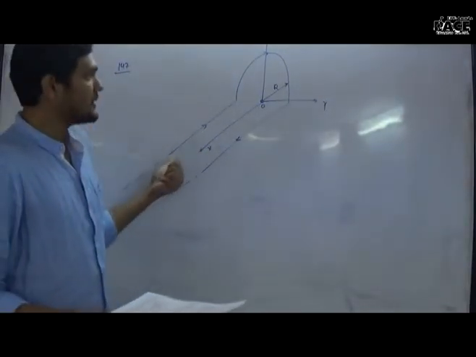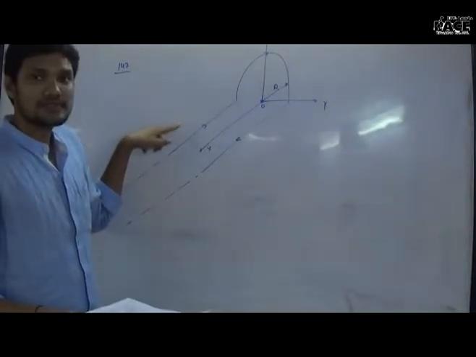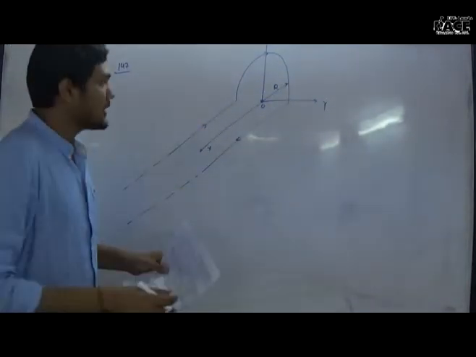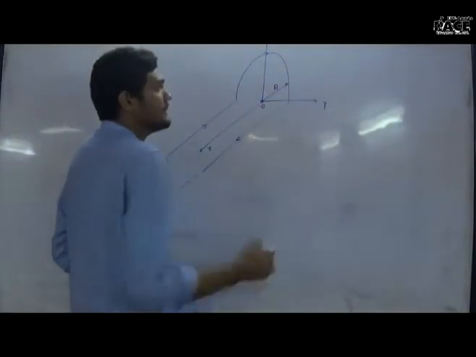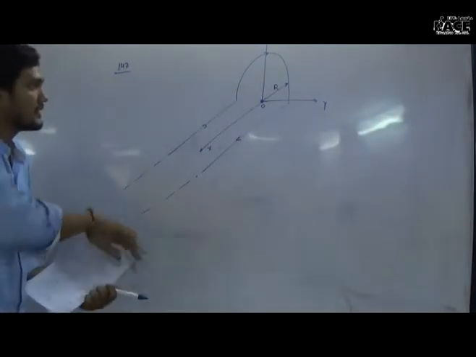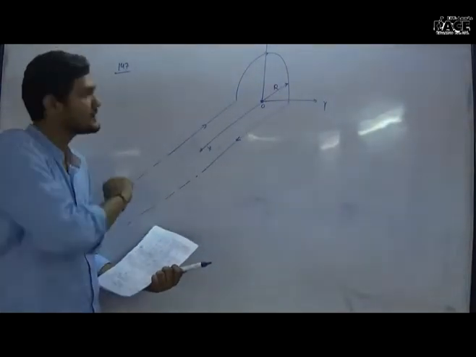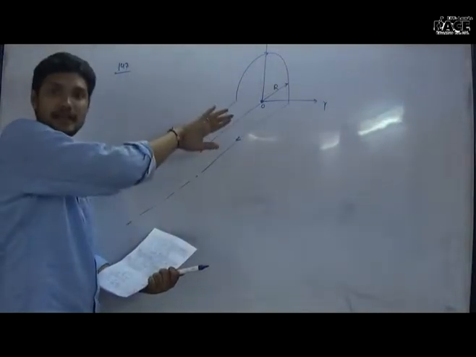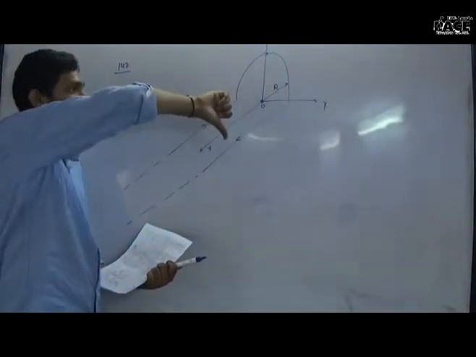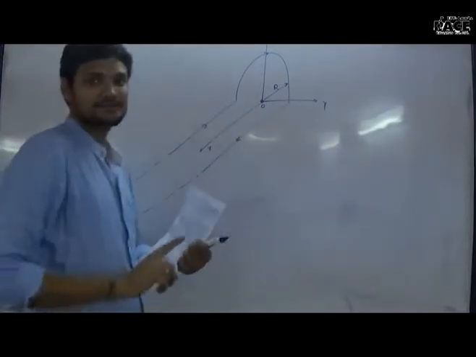Now we'll fragment this question into 3 parts. First is a semi-infinitely long straight wire, then the semicircular portion, and then the third portion will be a semi-infinitely long wire. For this portion, the current is incoming. So from the right hand thumb rule, the direction of the field should be in the direction of IL cross B, where L is in the direction of current. So we'll align our hand towards L and turn our fingers towards O. Then the direction of magnetic field at O will come out to be in the direction of the thumb, that is in the downward direction, due to this wire.